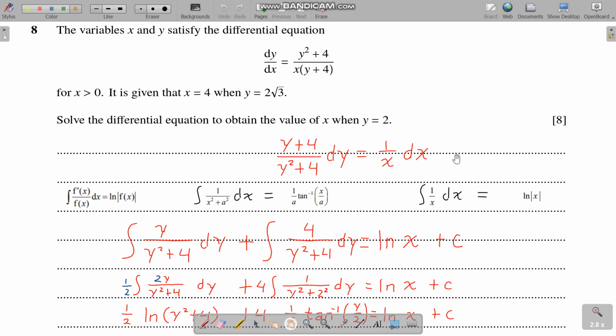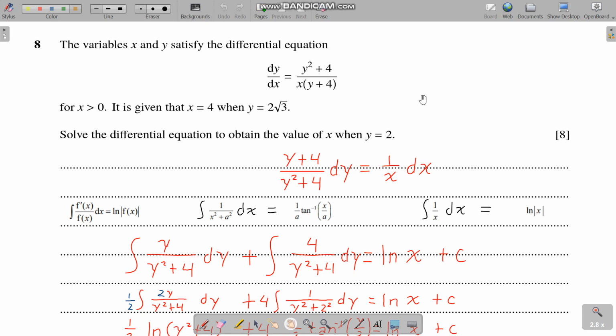Hello everyone, this question is about differential equations. The variables x and y satisfy the differential equation. X is positive, x is 4 when y is 2 root 3. Solve, find x when y equals 2. 8 marks. So,